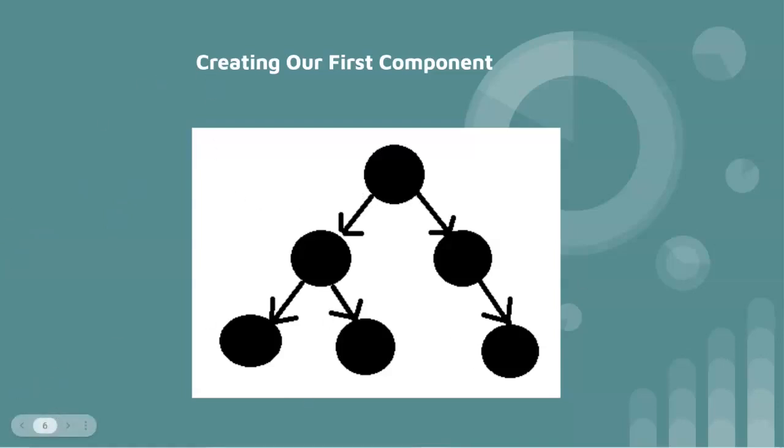The architecture of an Angular application is based on Angular components. Each Angular component can communicate and interact with one or more components in the component tree. Now, in this diagram, as we can see, a component can be a parent of some child components and a child of another parent component. A typical Angular application contains at least a main component that consists of multiple files. Now let's start by creating a component.